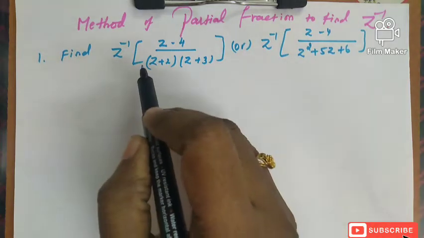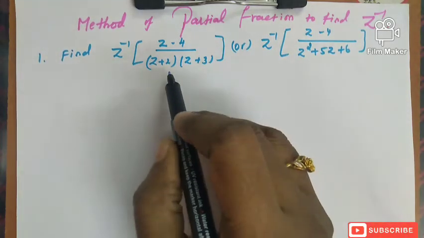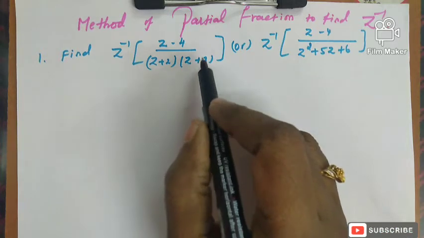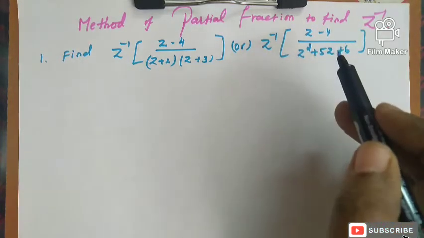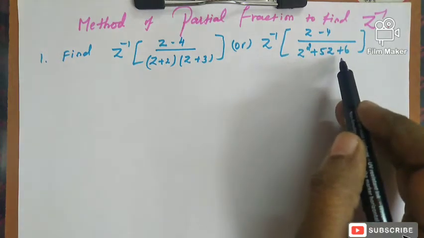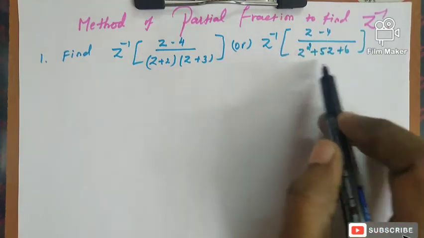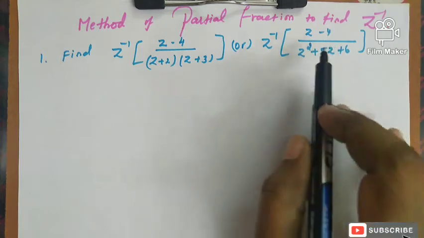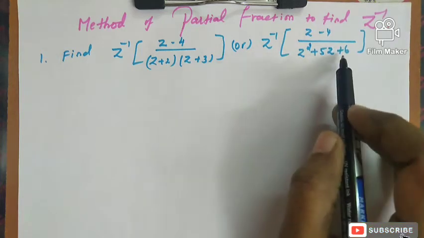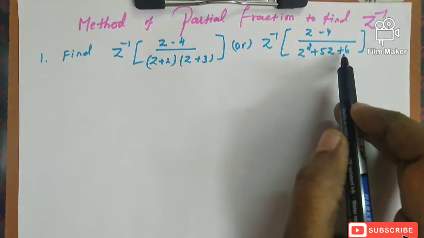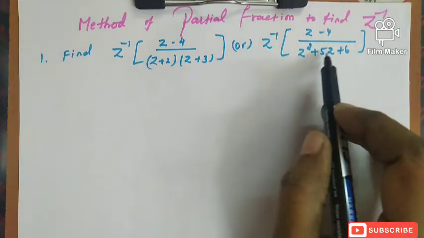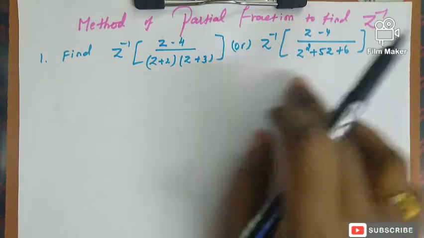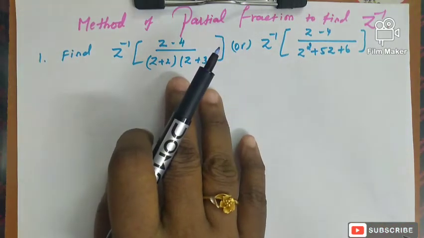Find Z inverse of Z minus 4 by Z plus 2 into Z plus 3. The same question can be asked as Z inverse of Z minus 4 by Z square plus 5Z plus 6. If the question is given in this form, you can factorize this term, that is, Z square plus 5Z plus 6 can be factorized as Z plus 2 into Z plus 3. So that is the only difference between these two forms. So now we will take this one. So first one,